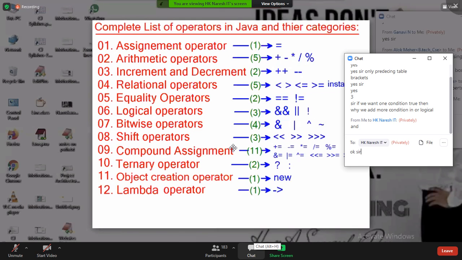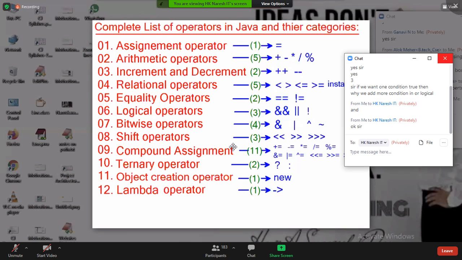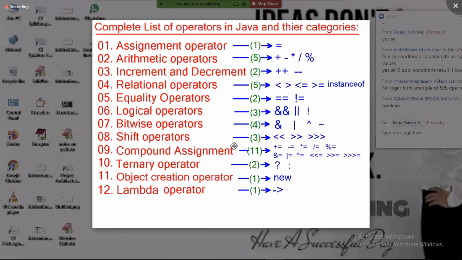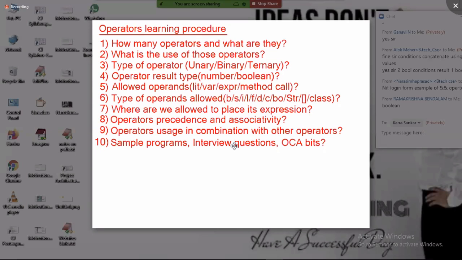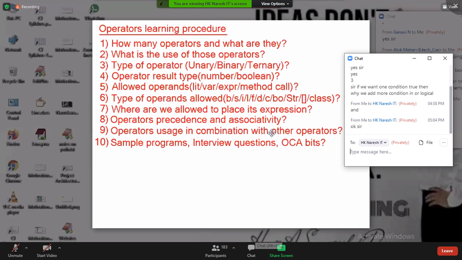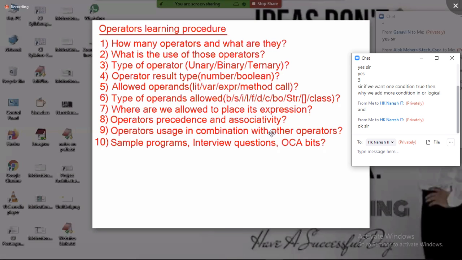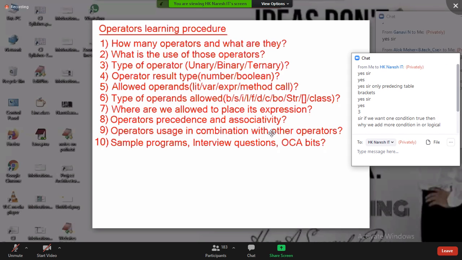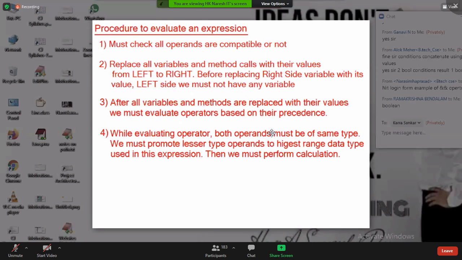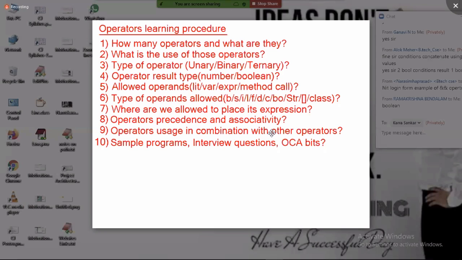Operator precedence. Associativity is left to right. First the left operand is executed, then the right operand is always executed? No, it depends. If the right operand is true, the left operand may not execute. If the left operand is false, the right operand may or may not execute. There is a twist there. For that, you need to understand the truth table. Let us look at the truth table, and I'll give you horrible assignments, expecting all the people to participate.